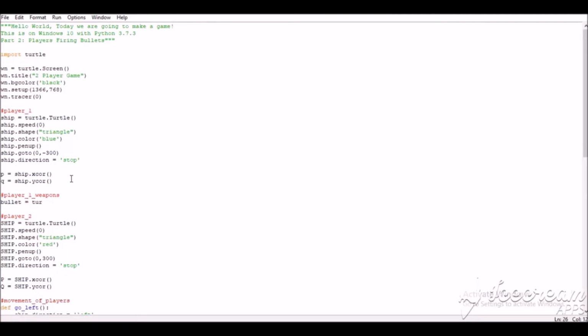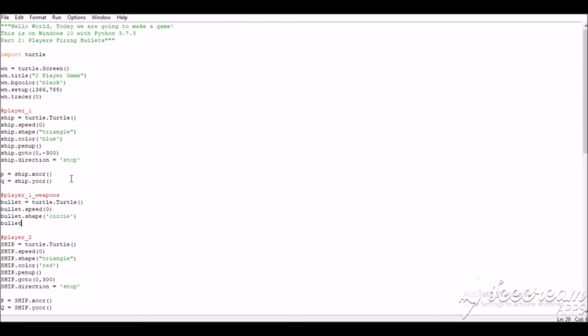A bullet is going to be a turtle, so turtle dot turtle, and then bullet dot speed 0, bullet dot shape, let it be circle,